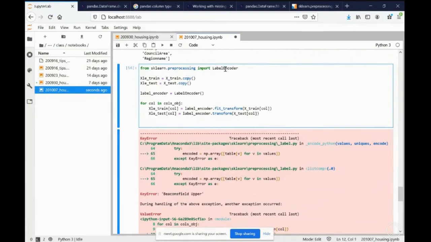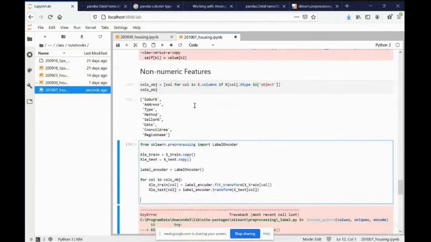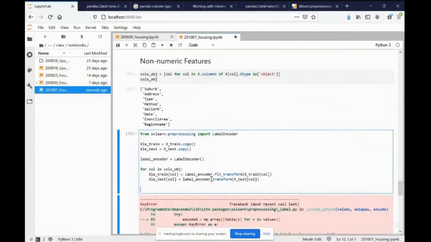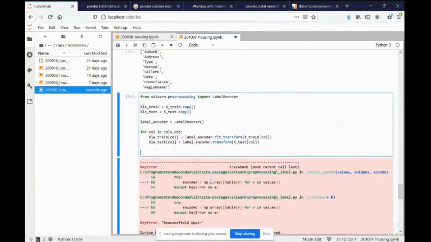So let's see if we got everything here. We got the encoder. We defined the encoder. We got XLE train and test. We went over the entire set here, and we're trying to do that. Okay, so what it is saying is that